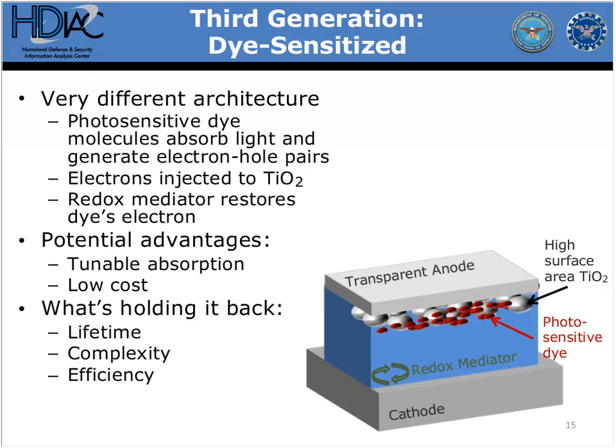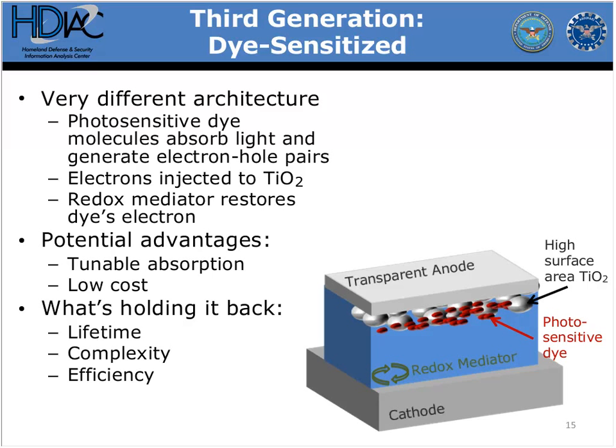Dye sensitized relies on a redox reaction, much like a conventional electrochemical battery, which is very different from the diodes we've seen so far. And maybe the best way to understand this is if you take a look at that image, and I'll walk through it. Those little red circles, those are the dye molecules, and those are central to a dye sensitized cell, as you might imagine from the name. These dyes are often ruthenium-based,